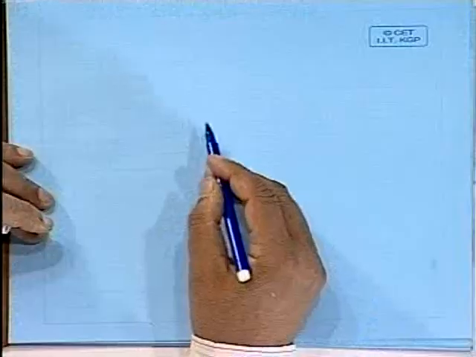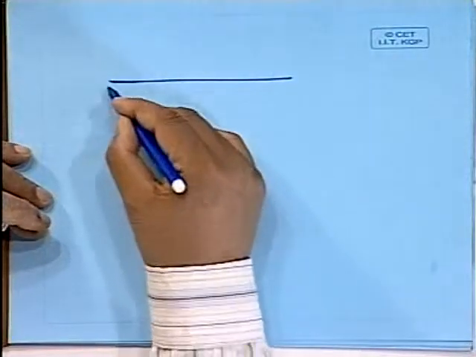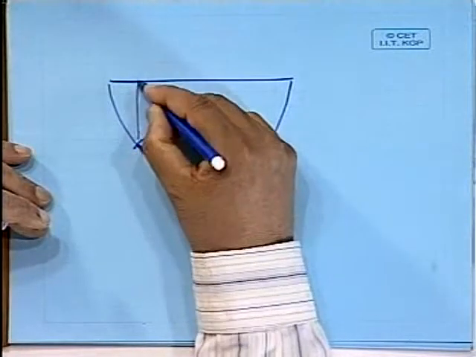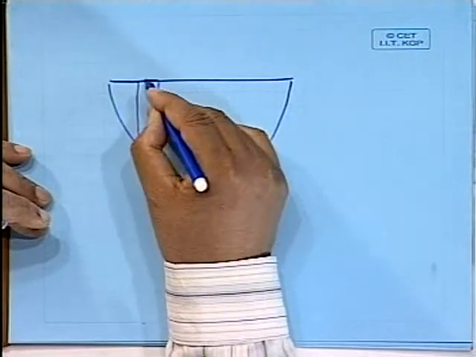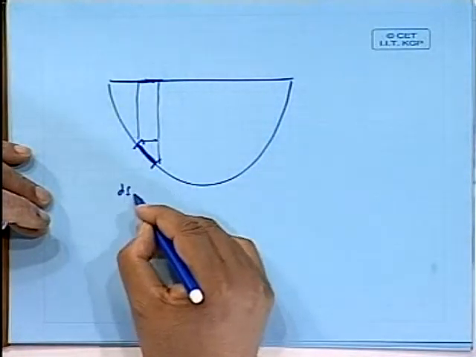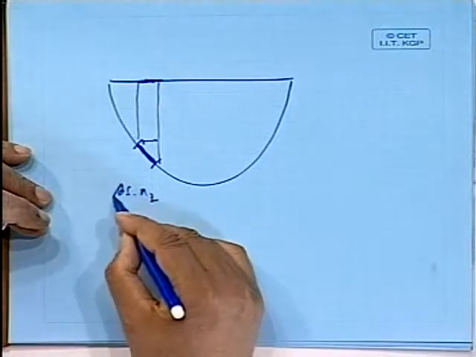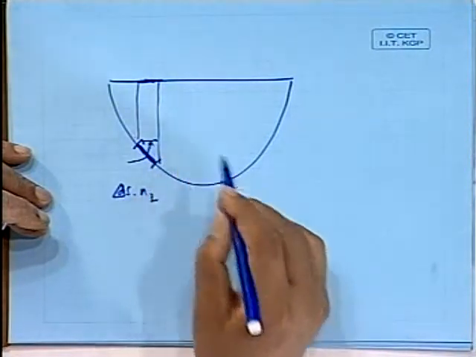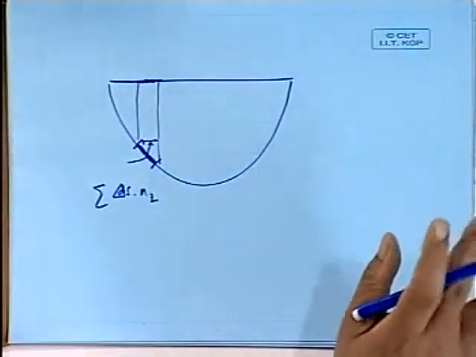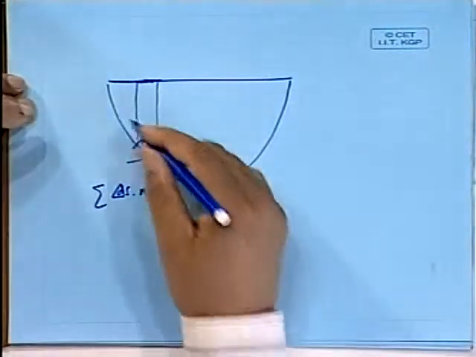Now you see, let us see still more. So this gives me LCB, VCB. Let us say water plane area. How do I get water plane area? See here, this is there, this is there. This facet. You see, water plane area is nothing but basically the projection of this on this. That is this distance. What is this? This is nothing but ds into nz. Just sum them up, you will get water plane area. That's as simple as that. You see, all you are doing is taking a projection.